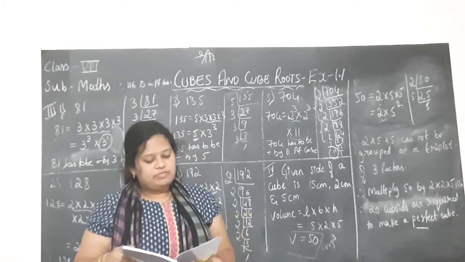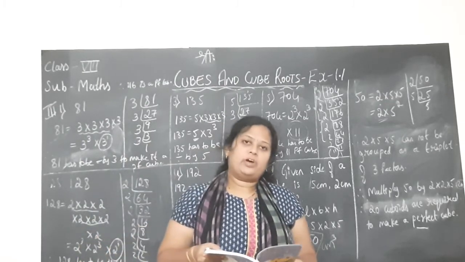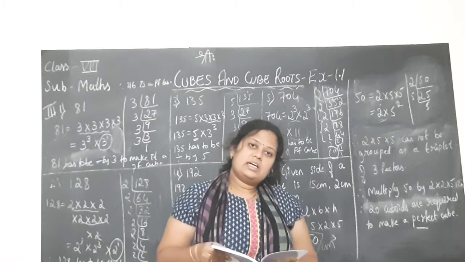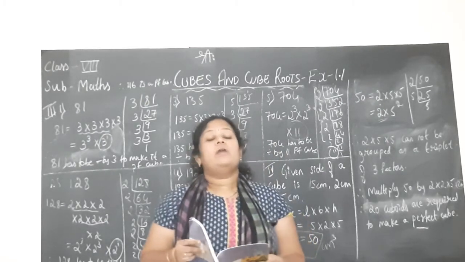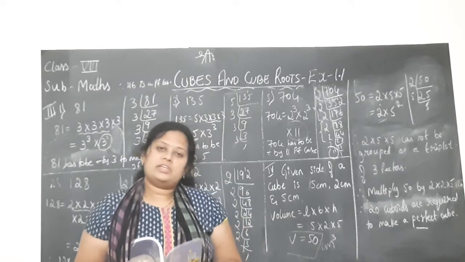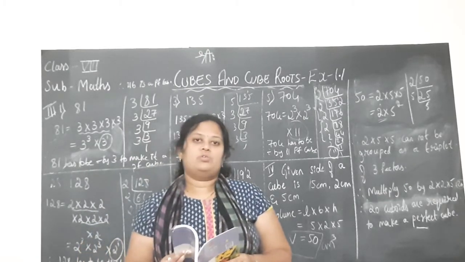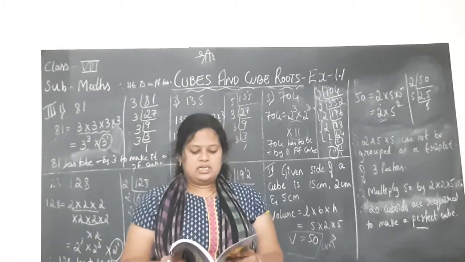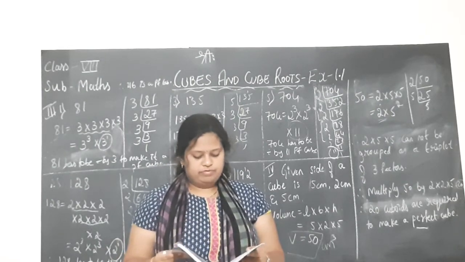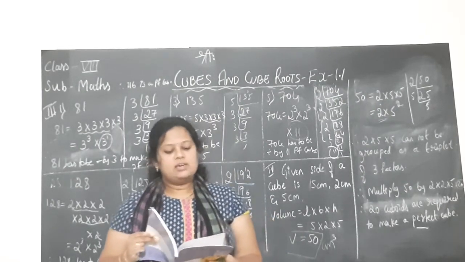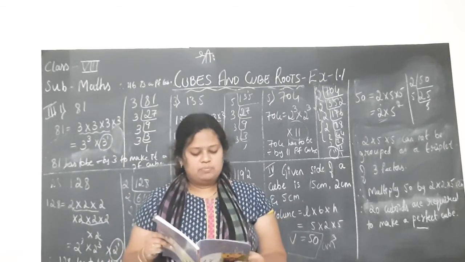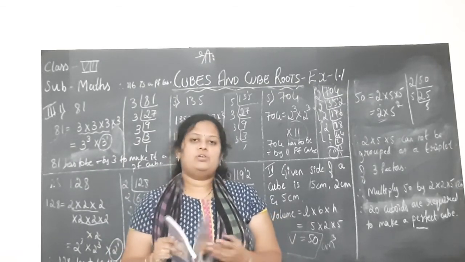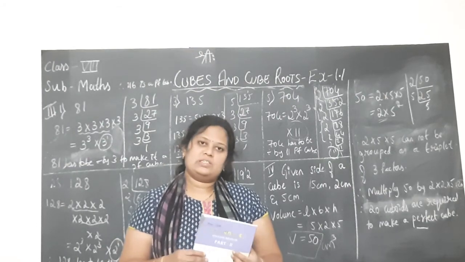So this completes the first exercise, exercise 1.1. Please complete the classwork and keep it ready. In the next session, we will be learning about the cube roots. As you have learnt about the square roots, children, it is very similar. Here also, we are going to find the cube root by the prime factorization method only. We are doing it very simply, and the last exercise 1.2 we have, which we will be solving in the next session. Thank you.